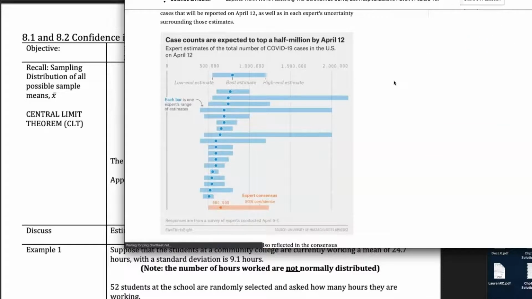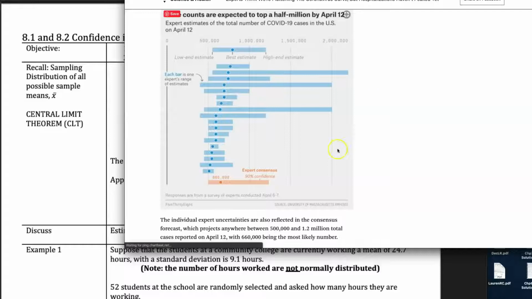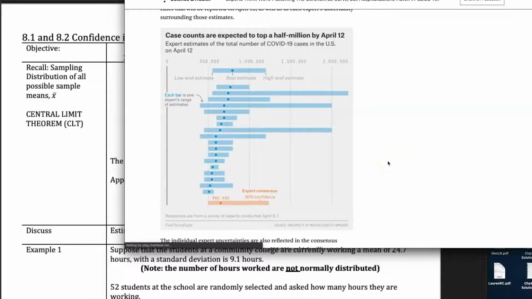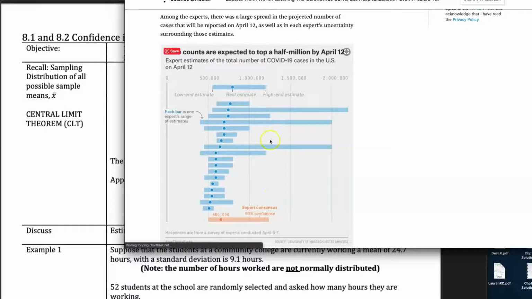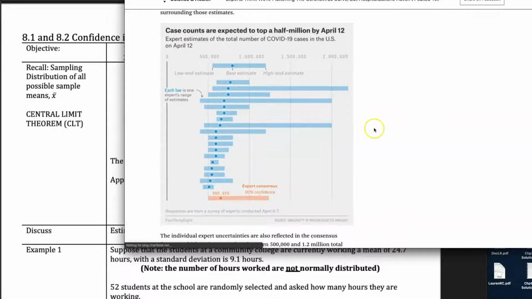And so being able to get a prediction, this is April 6th to 7th, so this is 6 to 5 days prior to that date. You can see each expert's middle number is their likely estimate, and then you will see their interval range. They're basing it on some level of confidence. They think it's going to be between this and this. And important to look at, you'll see even experts have a wide variety of answers in terms of what they're looking at.